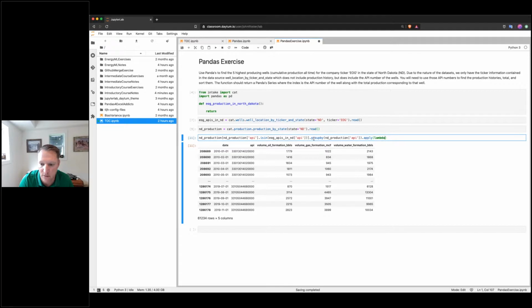After we group them by API, for every API we'll have some number of months of production. We want to sum those months to get the total production. To do that, we're going to write a little function using a Python lambda function. We'll cover this in the class in more detail. But we want to sum the volume of oil formation barrels.